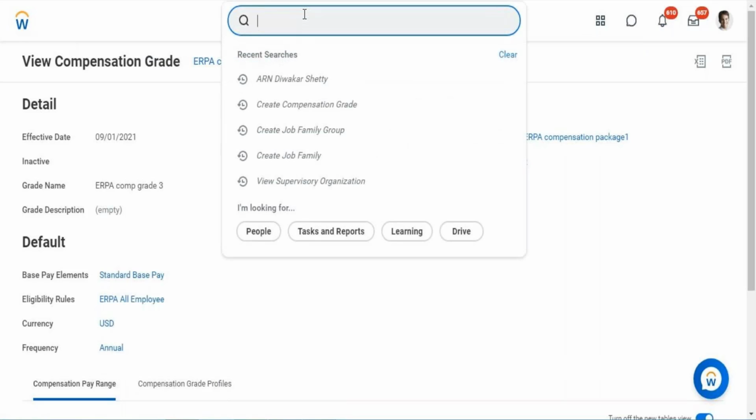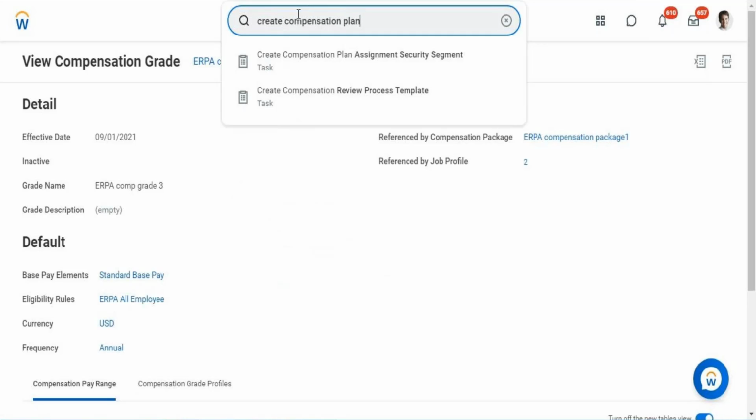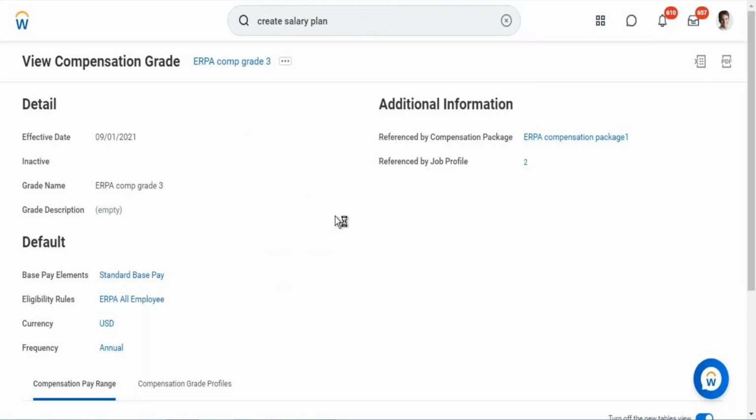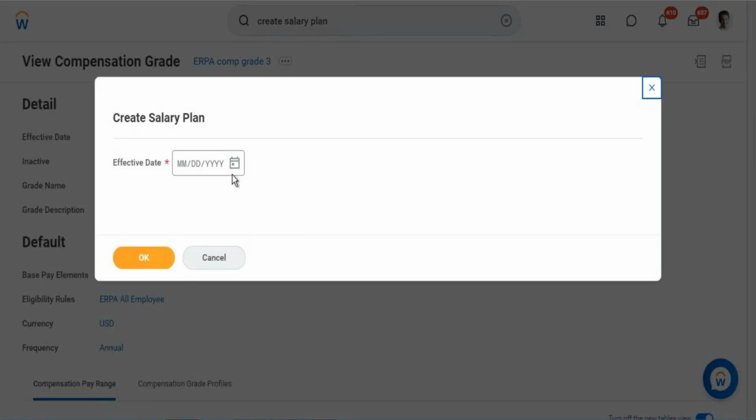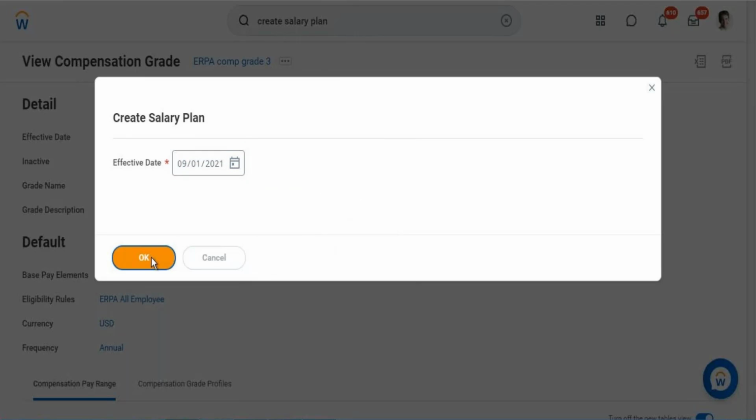So we'll create a compensation plan now. Sorry, each plan will have a different name. If you're creating a salary plan, a few things you need to note here: whenever you're creating any plan,